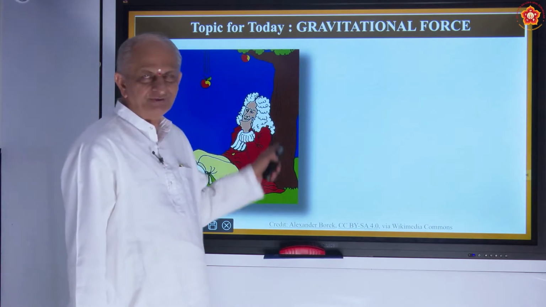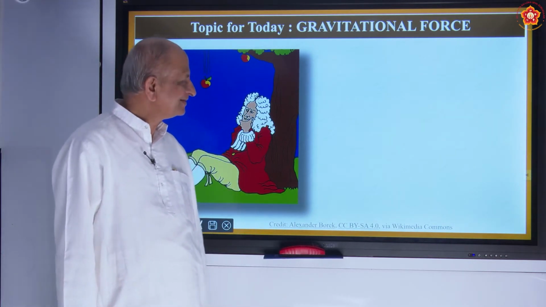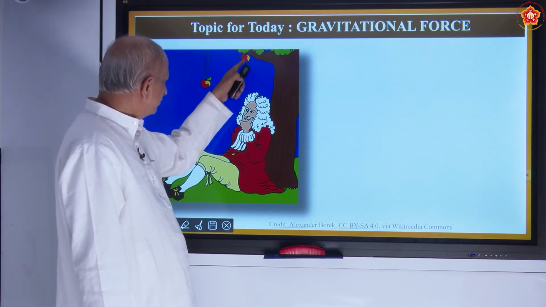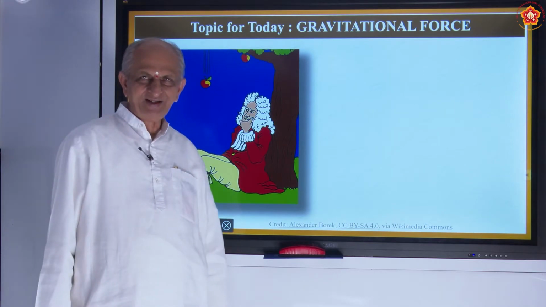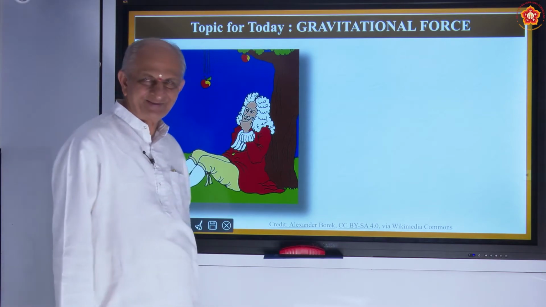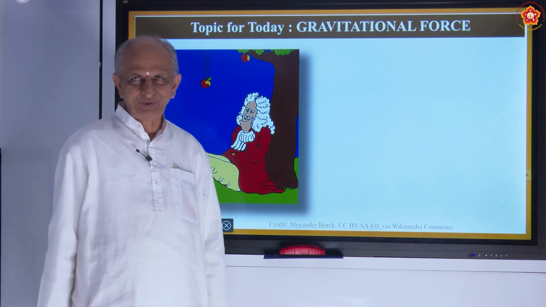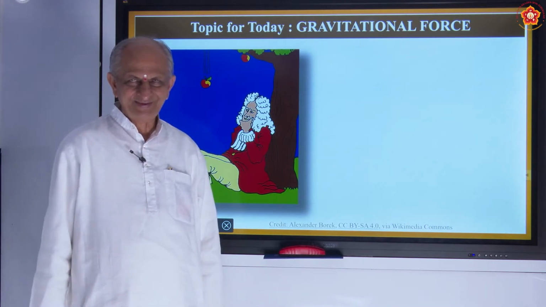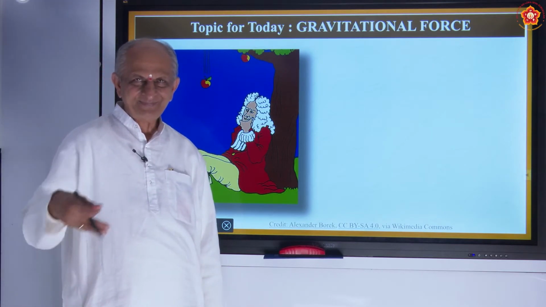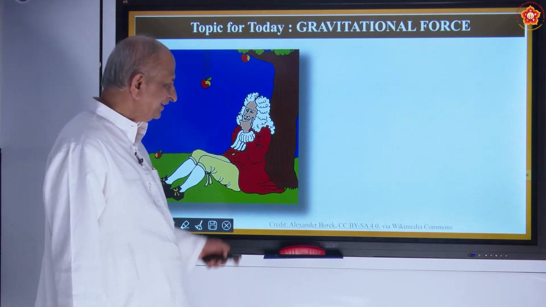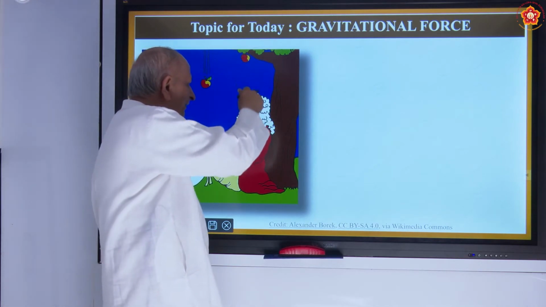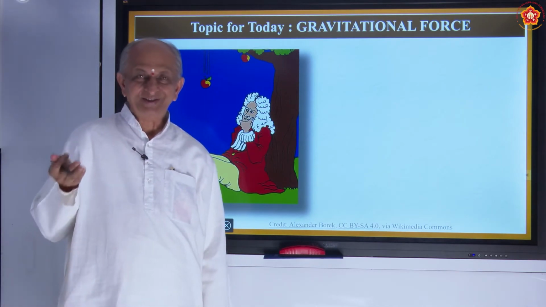Who is this gentleman? Can you name him? Can you guess? What are these fruits? These fruits are apples. So an apple is falling on the head of a scientist. If you and I are there, what do we do? You start eating it up, and next step, we start collecting it up. But scientists will always think, why does an apple fall on my head? Why does it not go back?